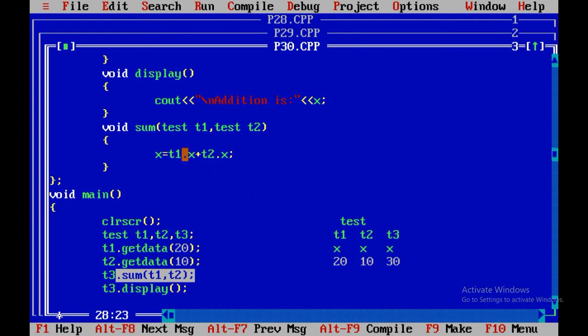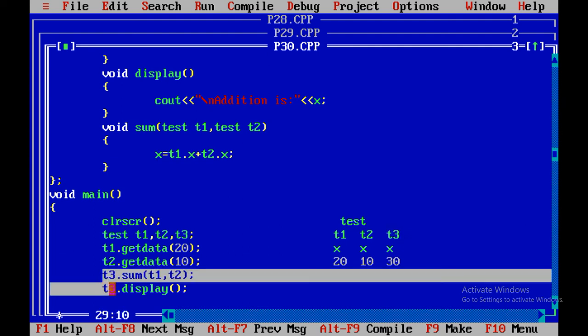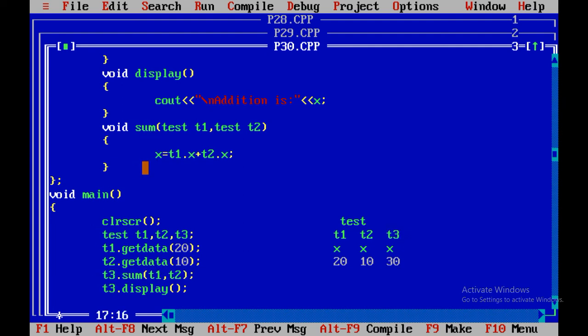See, I have not specified that this x is for t3, because I have called my sum function with the help of the t3 object. So the value of t3.x would be the sum of these two objects. So 30 would be there in t3.x.